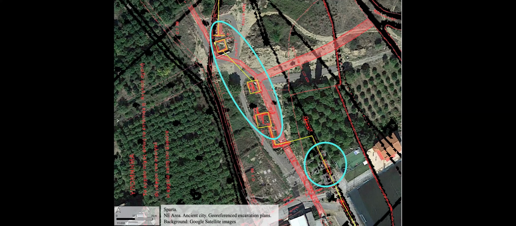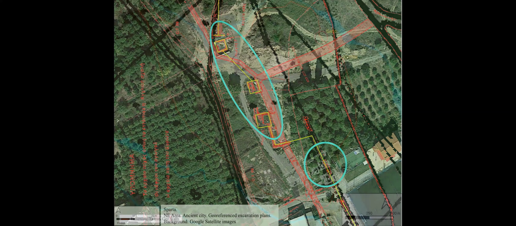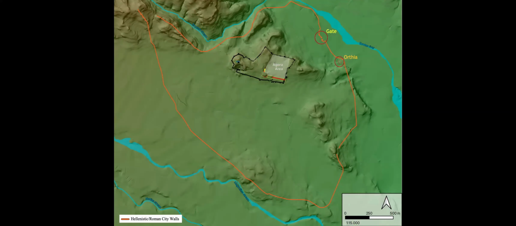The area we are dealing with here is to the northeast of the city, corresponding to the ancient district of Limna. And we know this because of the sanctuary of Artemis Orthia, which multiple literary sources locate precisely at this district. And the presence of the gate northeast of the city, to my knowledge, is novel and significant information,